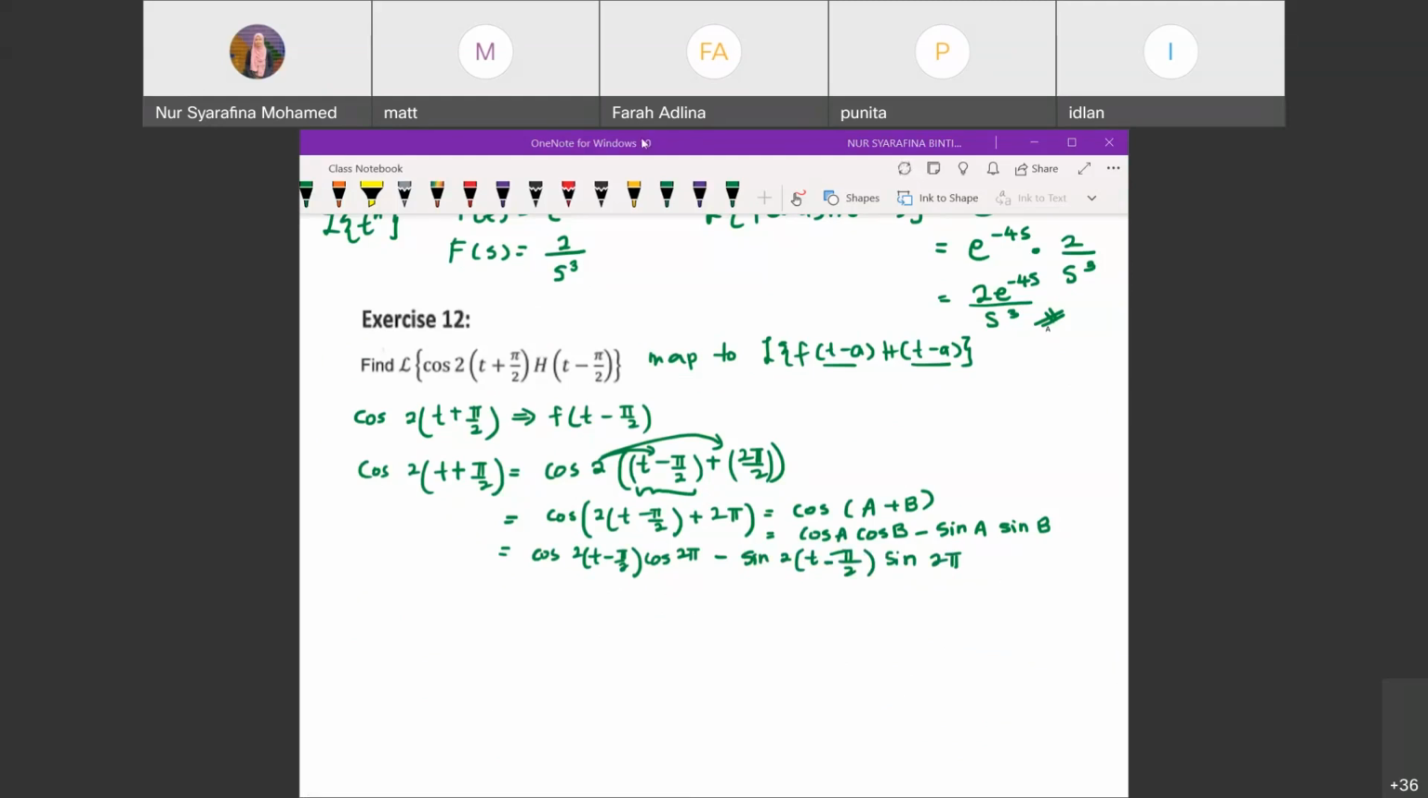Clear now? So this one is 0. This one is what? Cos 2 pi is what? 1, right? So you can write cos 2 t minus pi over 2. Okay. So now you can reduce to